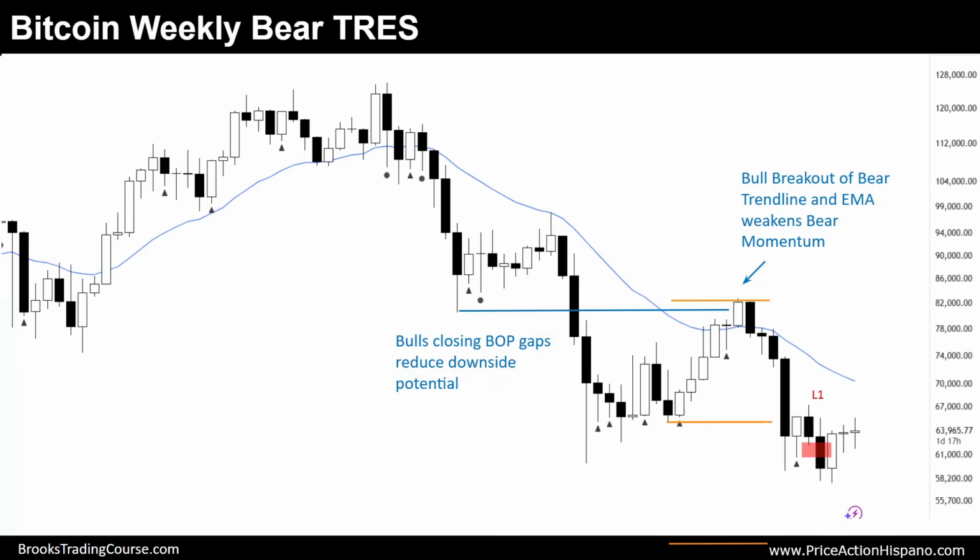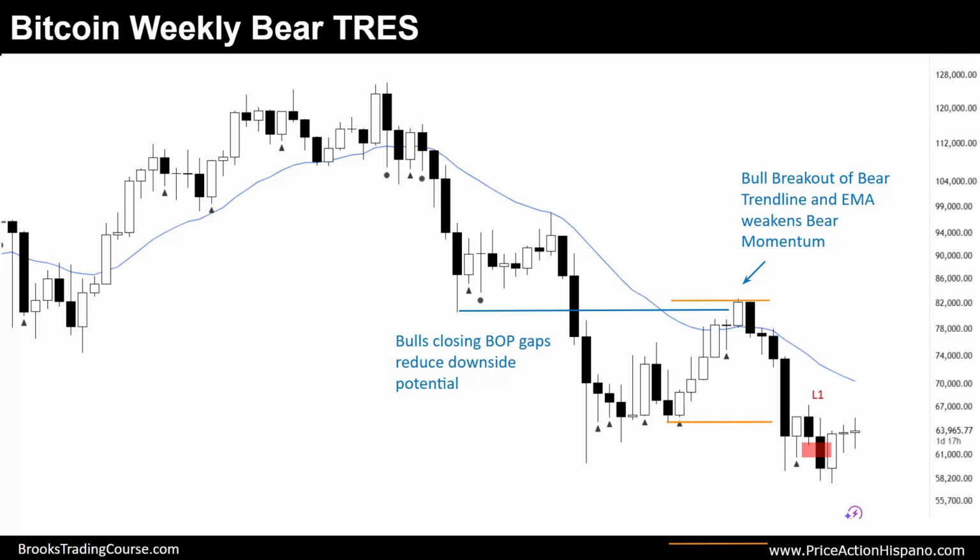Another factor to consider is that bulls break above the bear trend line of the lower highs. The moving average is also a representation of a trend line, and bulls break above it. It is true that bulls failed. However, the bear momentum was weakened significantly. Bears that sold low will be disappointed and they will look to sell higher instead of selling low. So overall,